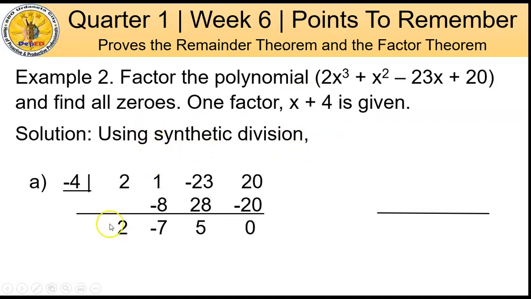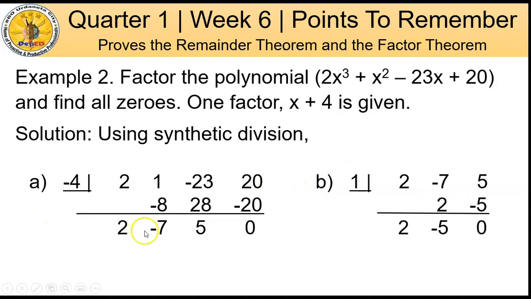So, bring down 2, times negative 4, we have negative 8. 1 minus 8 is negative 7. Negative 7 times negative 4 is positive 28. Negative 23 plus 28 is positive 5. 5 times negative 4 is negative 20. 20 minus 20 equals 0. So, nag-prove natin yung isa. We have x plus 4. Now, continuing the process,